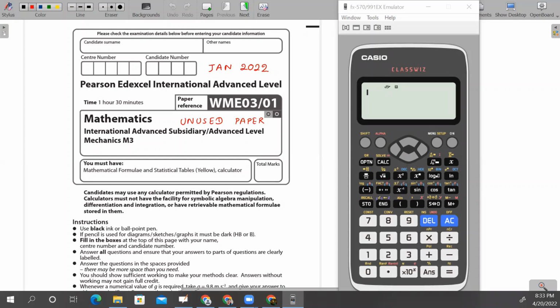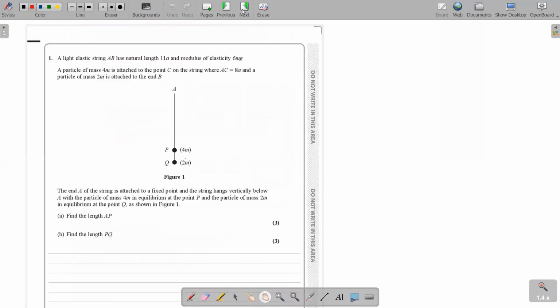Hi everyone. So today we will be discussing the January 2022 M3 unused paper. Let's start with question number 1. They say a light elastic